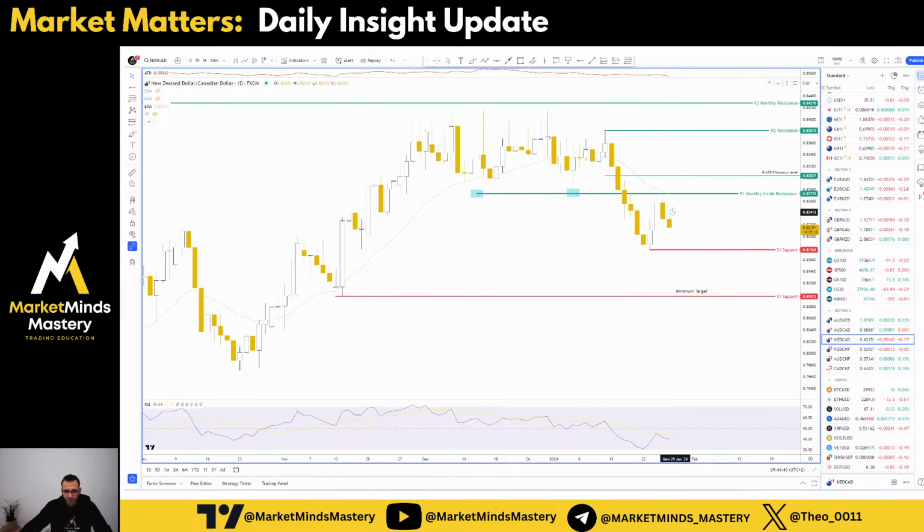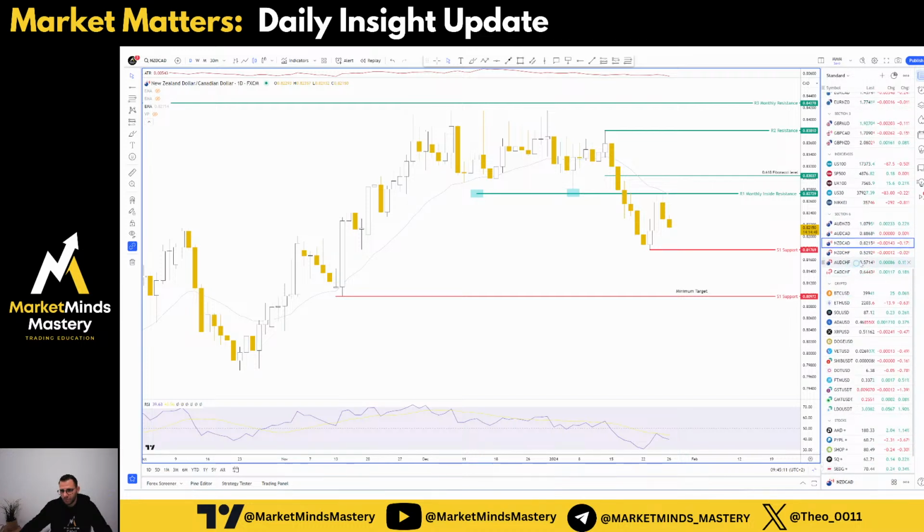Now, why is this a high probability trade? Because we trade the daily chart, a well-defined daily chart environment, and we trade it on the 30-minute chart. So we take the reversal point or the reversal pattern on the 30-minute chart, and we apply it in anticipation for the market to move lower. It's in a downtrend.